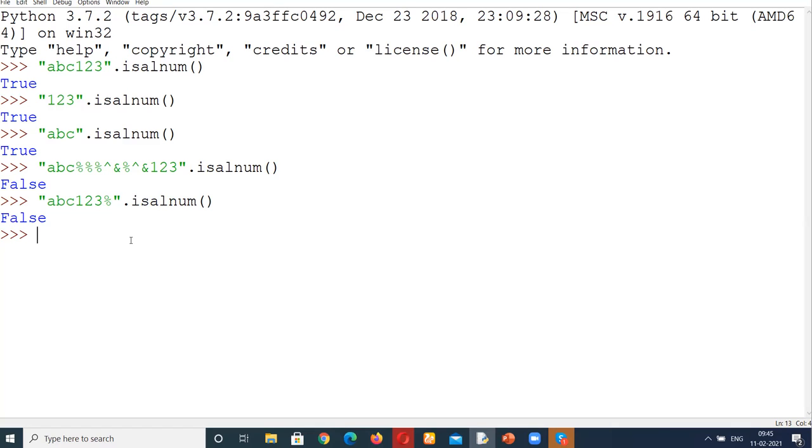Then the second one we have is isalpha. Now with the name only you can understand what it is going to check. isalpha, what is it? Alphabets. It will check for alphabets. Okay, very good. So it means it will be checking for A to Z. You give any string. Suppose I am giving ABC dot isalpha, perfectly correct. And if I add anything over here, suppose 1, 2, 3, I'll be getting false as an answer.